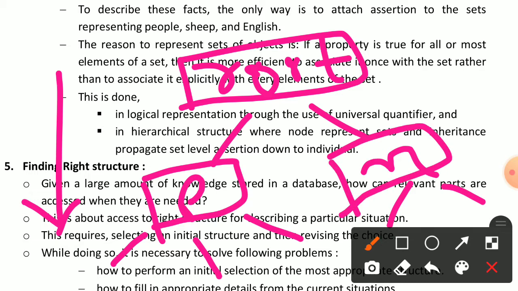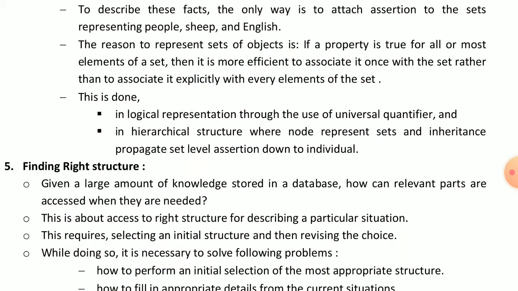Here we can consider its attributes, like it is one object and its attributes. So we can make this type of hierarchical structure, and then we can take the different sets.